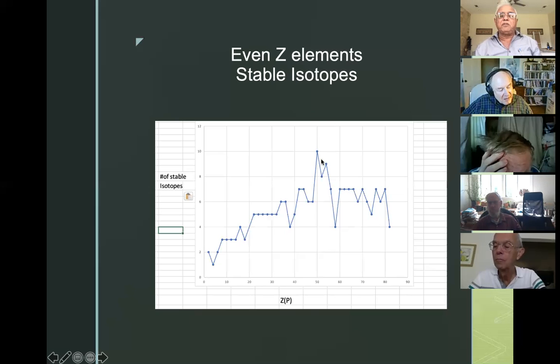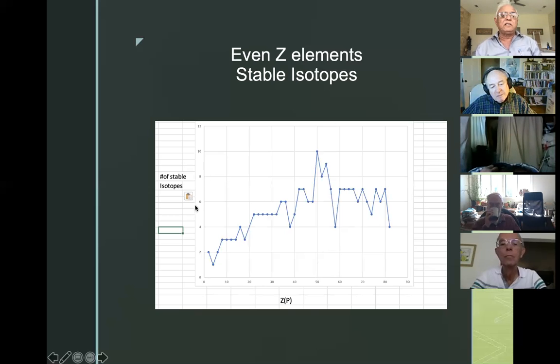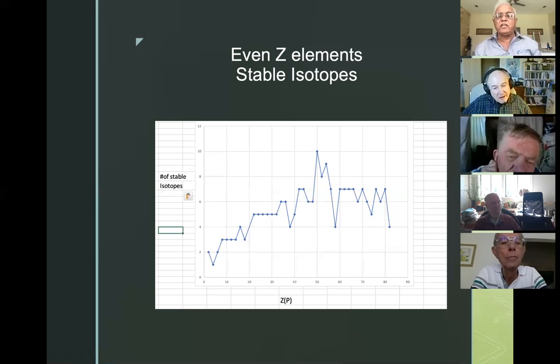In the case of tin, there are 10 stable isotopes, and 48 is cadmium, which we normally use in nuclear reactors to control the reaction, which has, no, 6 actually, yeah, 6 stable isotopes. So tin is a better neutron absorber just from looking at this, but we use, I think, cadmium because of the melting point